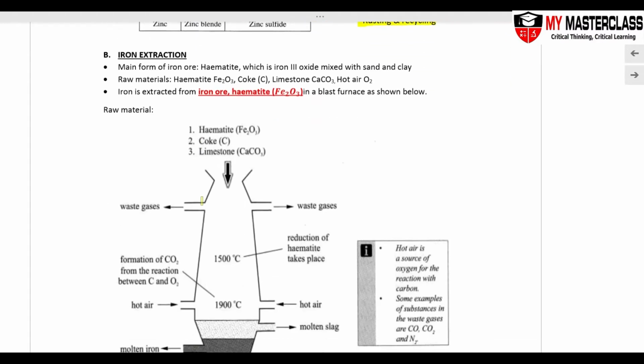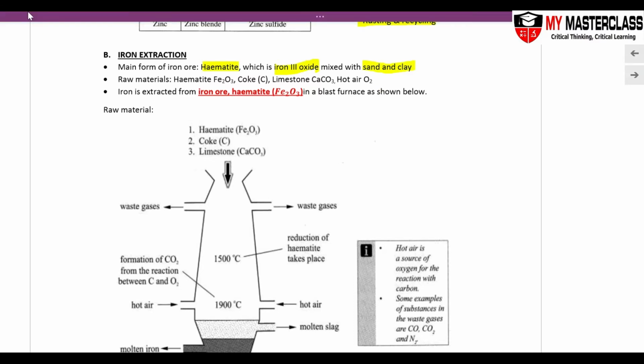So we will look at iron extraction in detail. The main form of iron ore is called hematite. Hematite consists of two things: iron(III) oxide, which is Fe2O3, and then there is also sand and clay. These metal ores are dug out from the earth itself, and that's why they are always mixed with sand